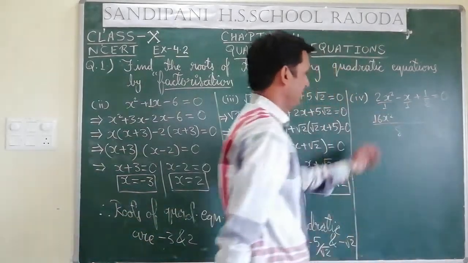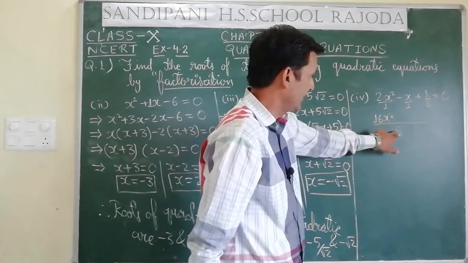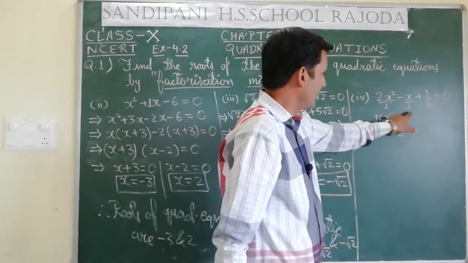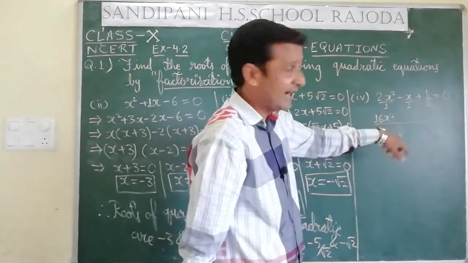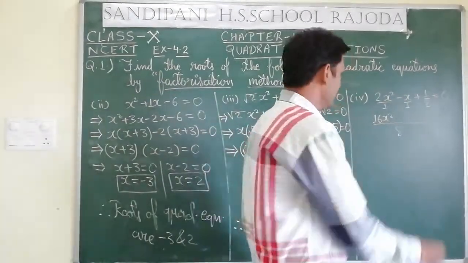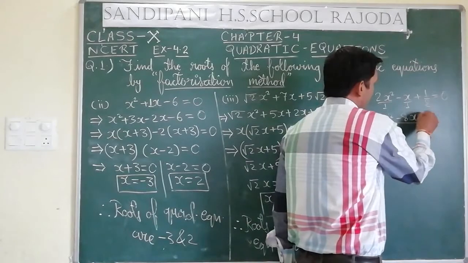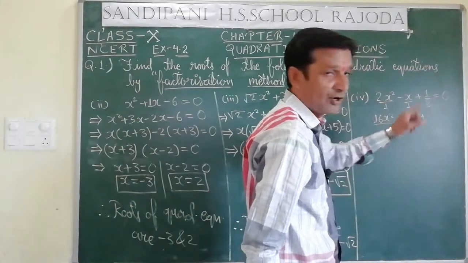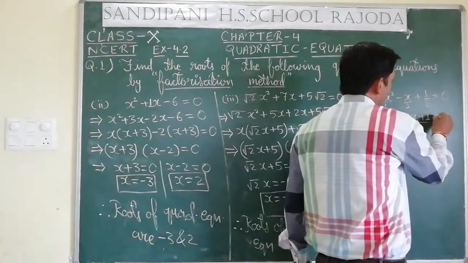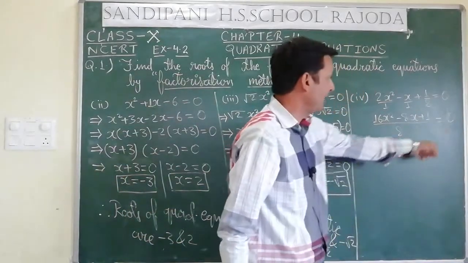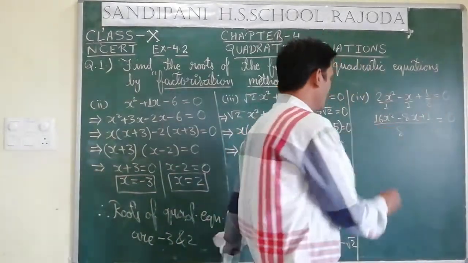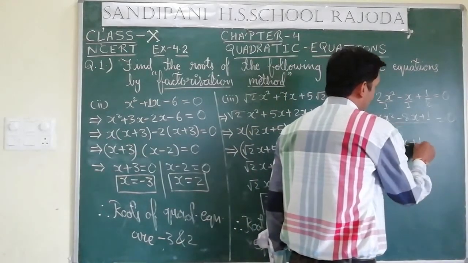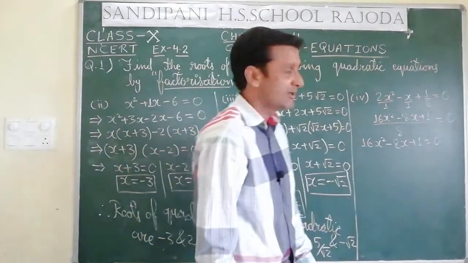Take here LCM like this. In table of 1, 8 will be 8 times. So, 8 is multiplied by 2, it is 16x square. In one's table, 8 is in 8 times. So, 8 is multiplied by this negative x, then it will be minus 8x plus, if this 8 is divided by this 8, then result will be 1, 1 ones are 1 is equal to 0. Now, this 8 is multiplied by that 0, then automatically it is 0 only. So, 16x square minus 8x plus 1 is equal to 0 into 8, that is 0.